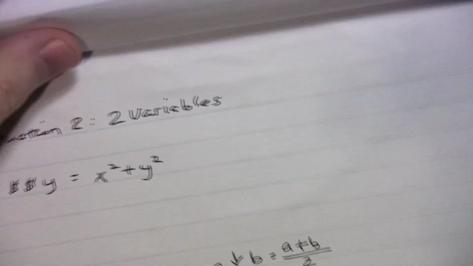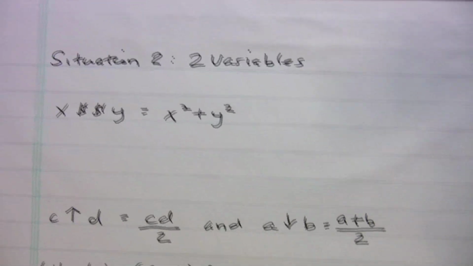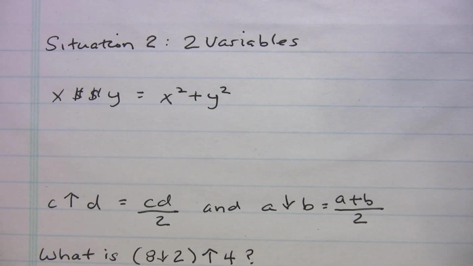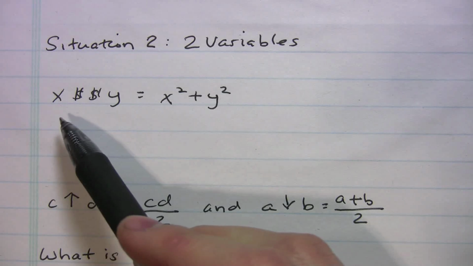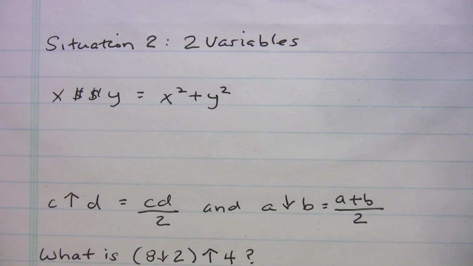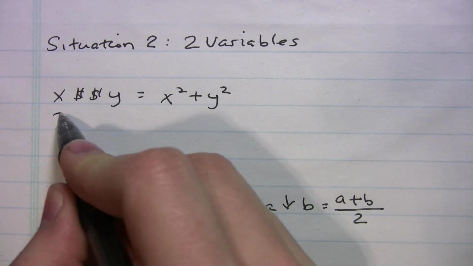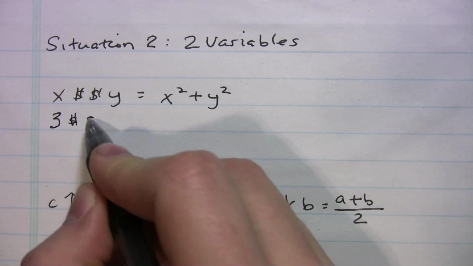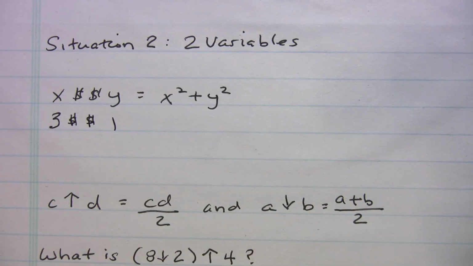Just give me a second to set up my page here. We have situation number 2. Now we're going to be dealing with two variables. So now I have this expression here, x $signs y gives me x squared plus y squared. What if I wanted you to evaluate 3 $signs 1? Well,